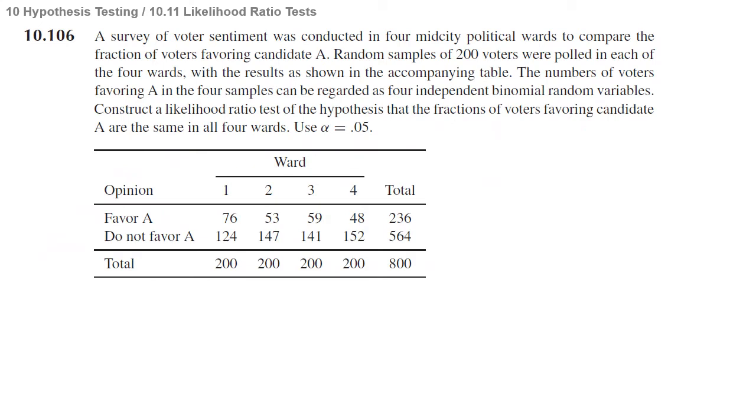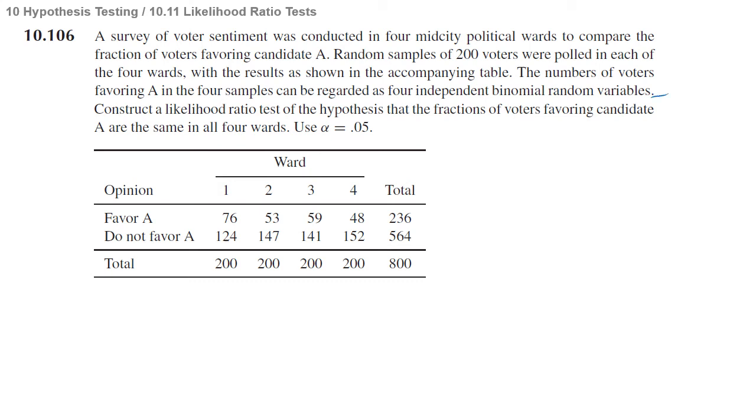Let's move on to exercise problem 10.106. A survey of voter sentiment was conducted in 4 mid-city political wards to compare the fraction of voters favoring candidate A. Random samples of 200 voters were polled in each of the 4 wards, with the results shown in the accompanying table. The number of voters favoring A in the 4 samples can be regarded as 4 independent binomial